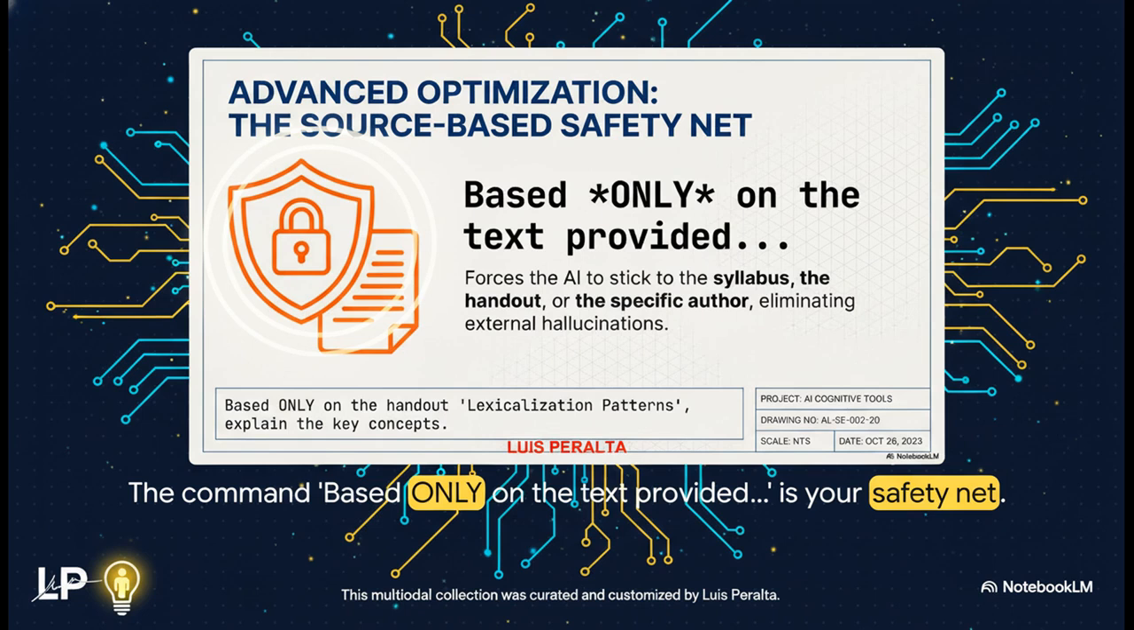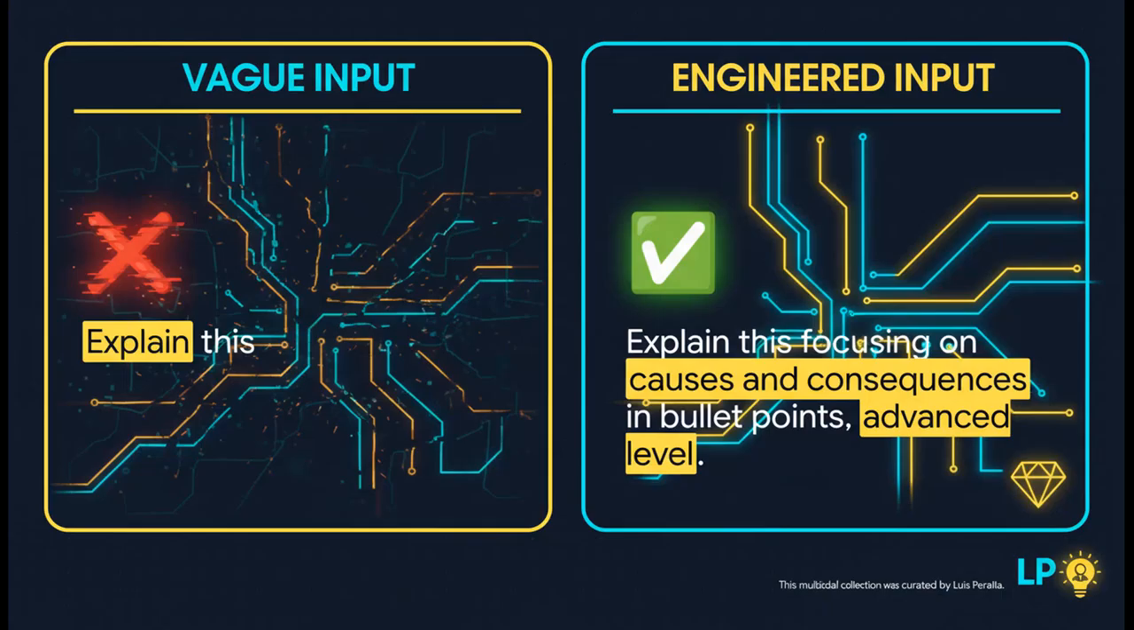The answer is so simple, but it is so powerful. By adding this one little phrase, based only on the text provided, you completely change the game. You force the AI to stick to your source material, your textbook chapter, your lecture notes, or research paper. This one command is your safety net. It dramatically reduces hallucinations and grounds every single output in fact. So let's bring it all home. On the left,